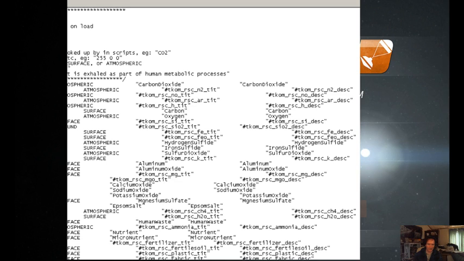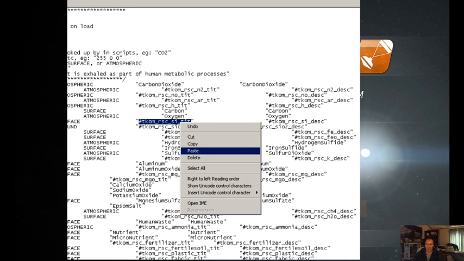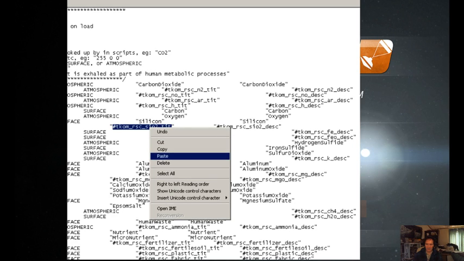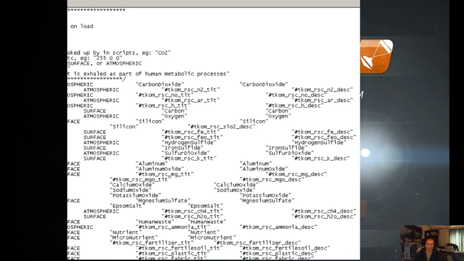Let's do silicon dioxide anyway, and we'll see how it all plays out on the cans. What I'm thinking is that when they show up on the can, it's going to cause a problem.